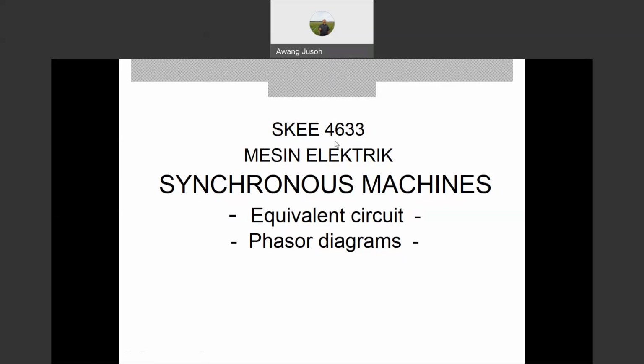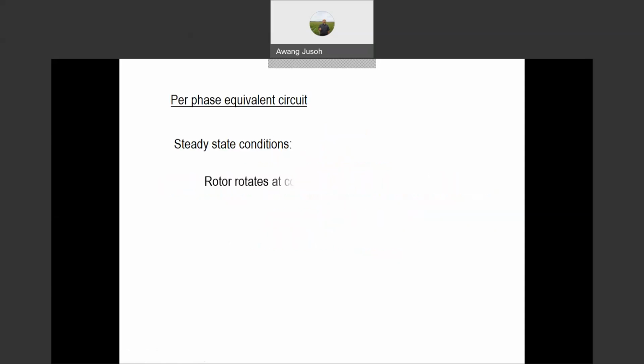Next, we're going to find the equivalent circuit for the synchronous machine. It's a very important topic, so you need to focus. We're going to see how we can work out the equivalent circuit, and then based on the equivalent circuit, we can have the phasor diagram of the synchronous machine and synchronous motor, because the machine can be a synchronous generator and also a synchronous motor. So everything is a three phase synchronous machine, but we will look for the per phase equivalent circuit. We have three phases, but basically when we derive this, the equivalent circuit is based on per phase.